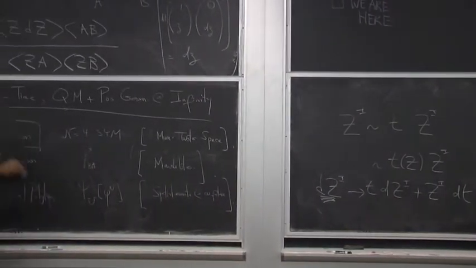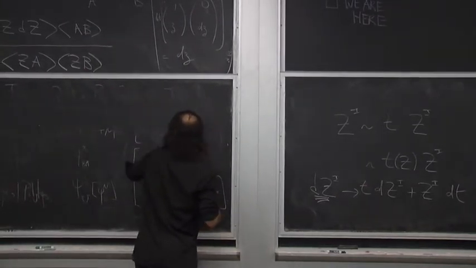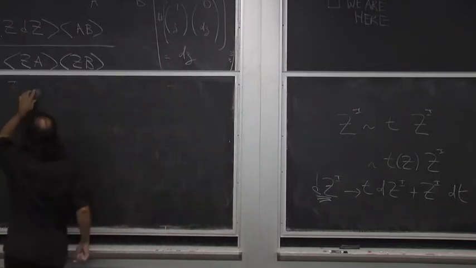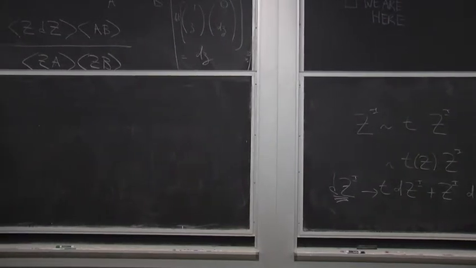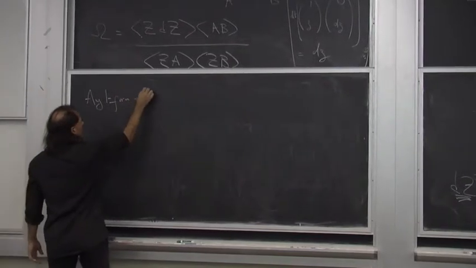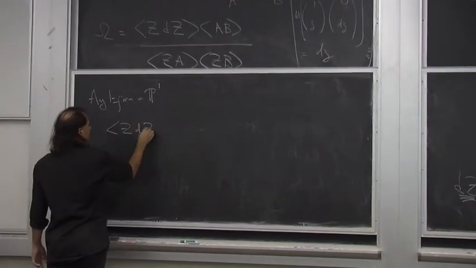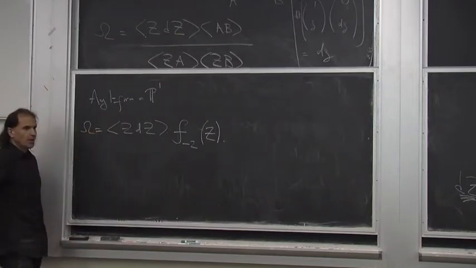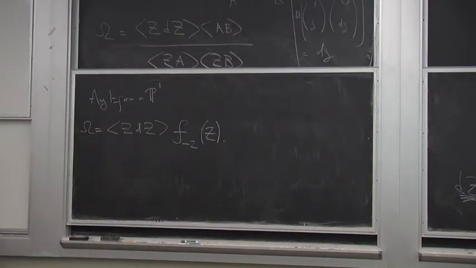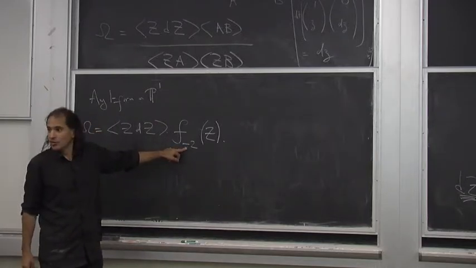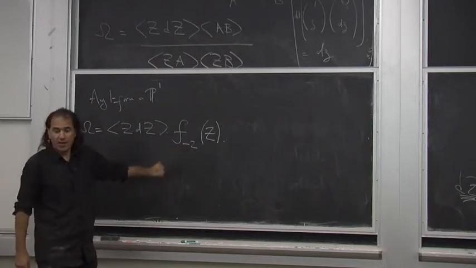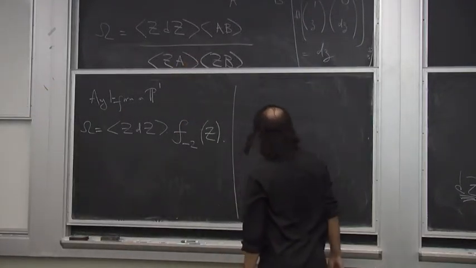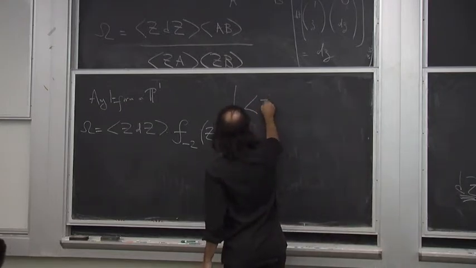that any form on a projective space, any one-form on P1 in this case, is z dz times some function that has weight minus 2 in z. In other words, when you rescale z, it should pick up a factor of t to the minus 2, right? That's the global part. That's the thing that's going to cancel just the overall global part. All right, so once you know that, then the fact that this is the answer, well, first we can verify it, but also we can see there's nothing else we could write down,